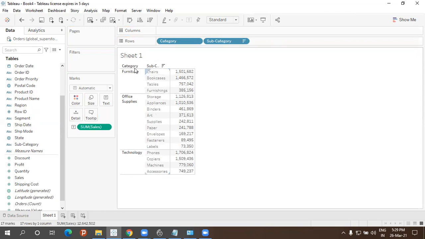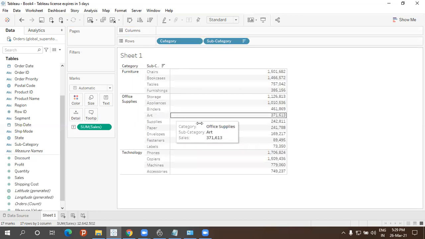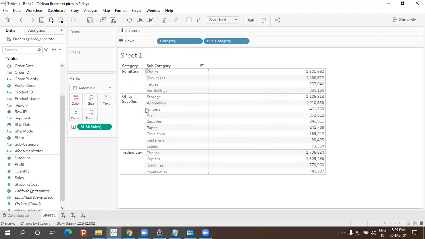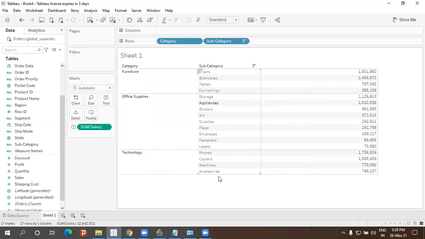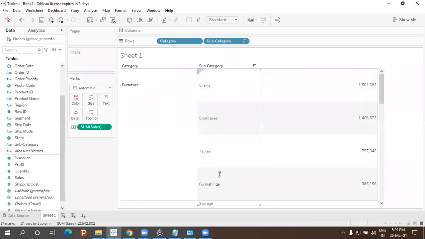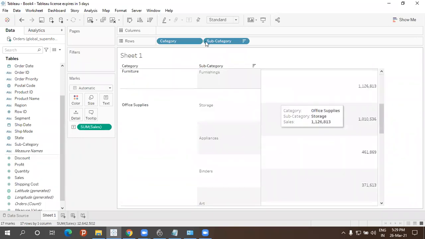Descending order. So see, can you see everyone here? So let me increase that.